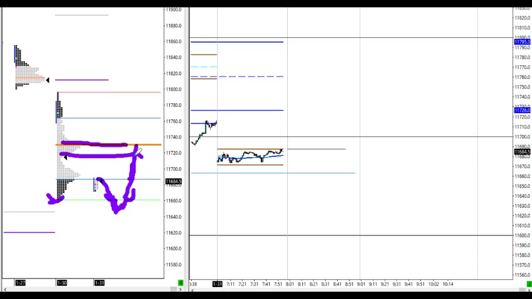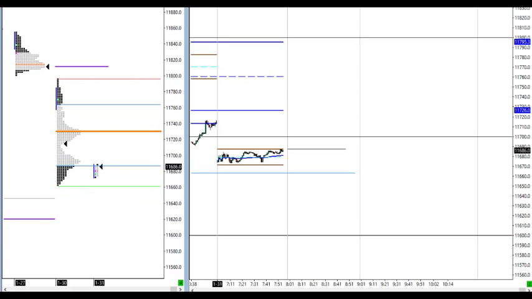If this holds, we would like to see price going all the way up to 760, then eventually up to the high of yesterday's range. Also there is another gap above, at 800s here. This is for the bullish scenario.